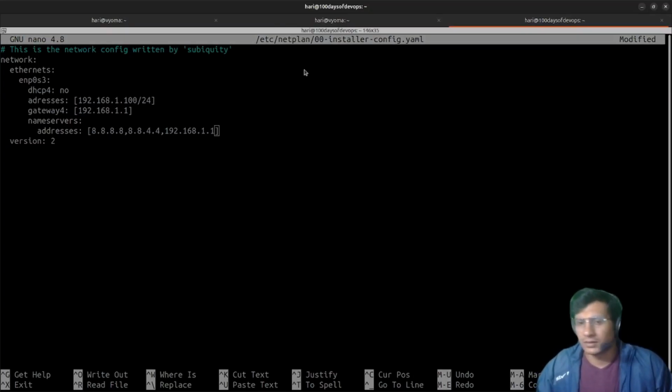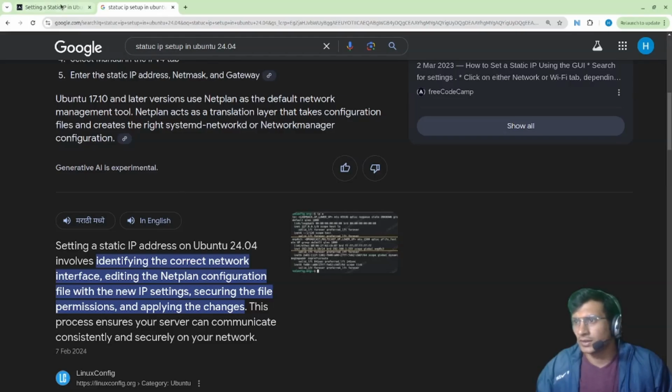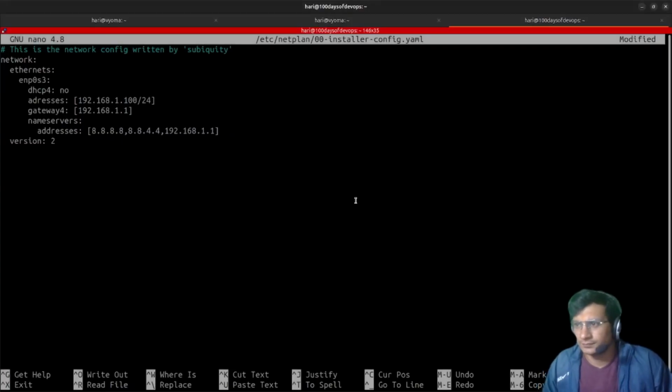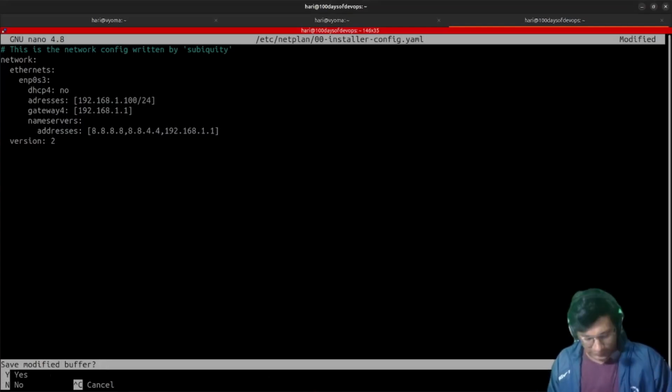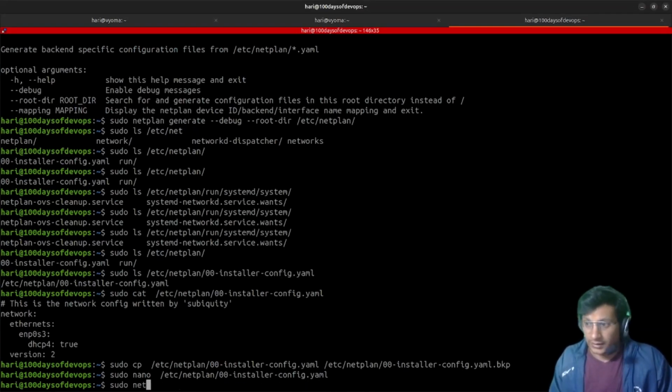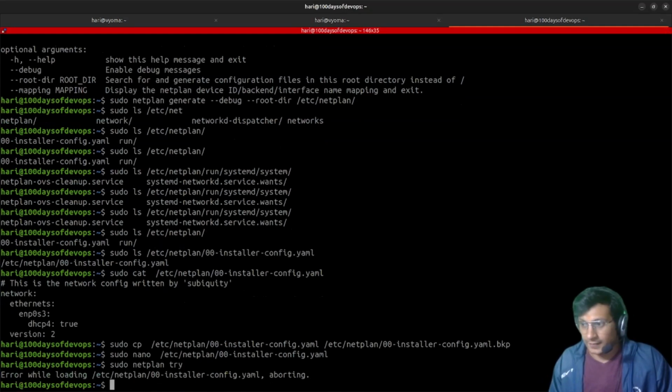I think we have covered pretty much everything in this syntax as recommended over here. We have covered addresses, gateway, name servers. Okay, so yeah. Control X, Y, enter, sudo netplan try,